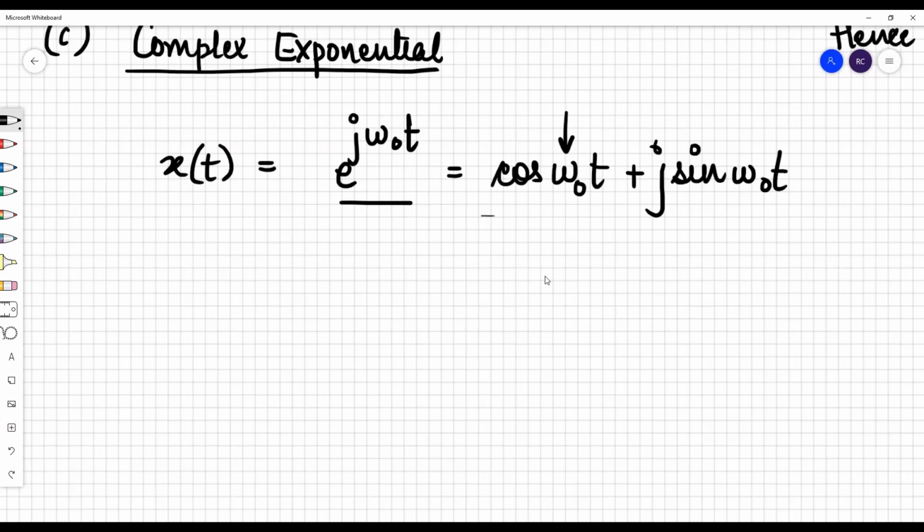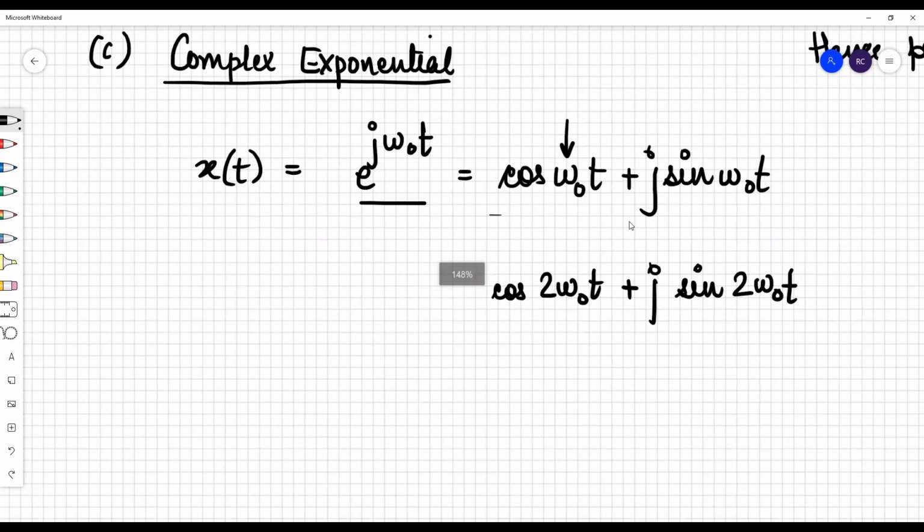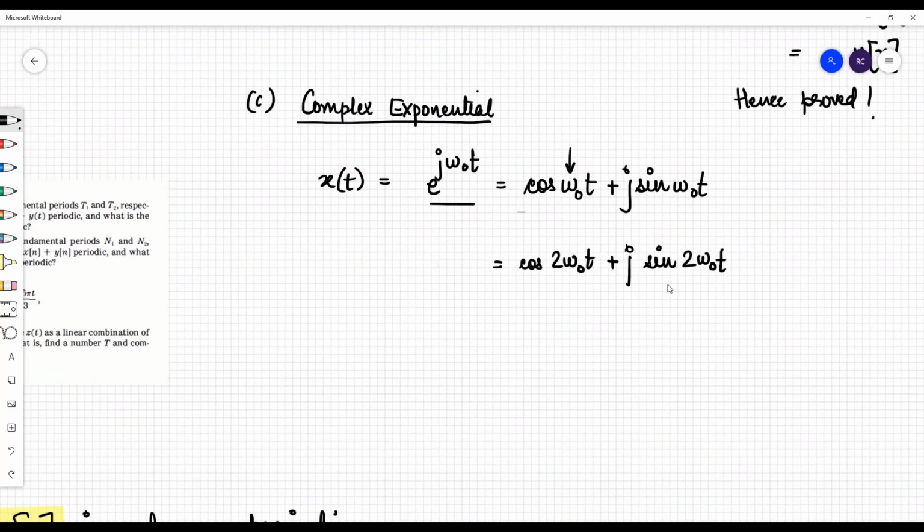If there was a complex exponential of the form cos 2 omega naught t plus j sine 2 omega naught t, this would have been what? E to the power j 2 omega naught t. That means a complex exponential of double the frequency. So it's a harmonic, it's a second harmonic of omega naught,